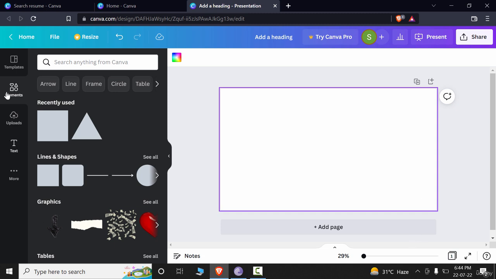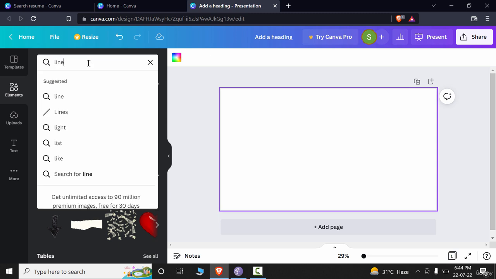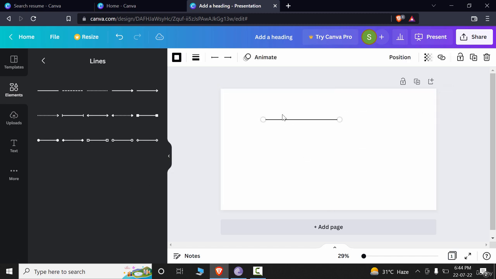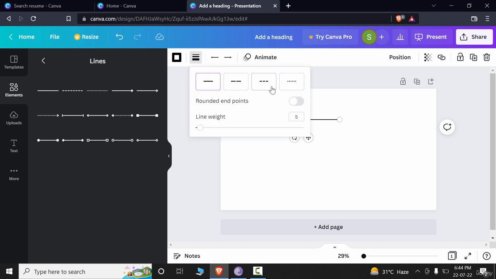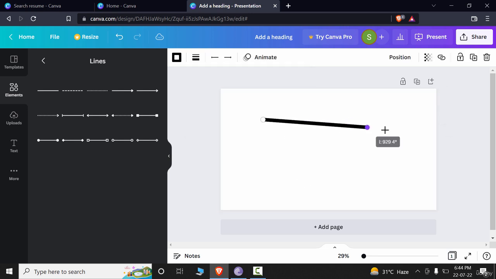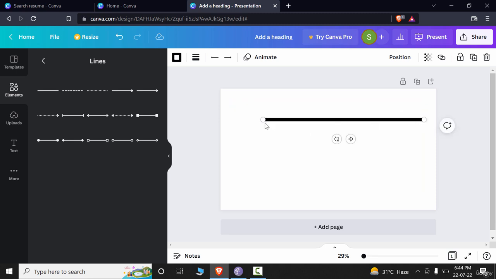For example, let me just create a heading, or let's say a shape. Let's write a line here. I will mention a line and click on lines. I have different options to choose from. For example, this one I select, and if I want it to be thicker, you can choose it from here. You can increase the weight of it, and if I drag it towards right in the perfect alignment like this,